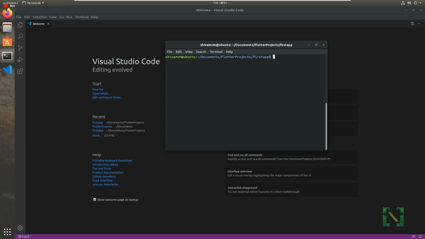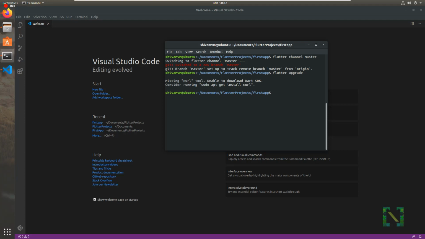To work with the Flutter desktop app, we have to change the Flutter SDK channel to the master branch. For that, type flutter channel master. After this, update Flutter using flutter upgrade. Here it's showing a message to install the tool curl. The instructions are already given here.